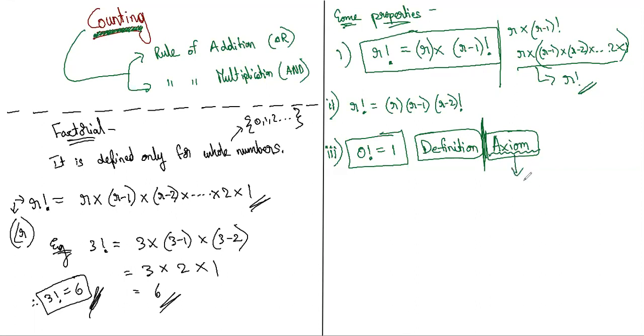What do you mean by axiom? Who knows what an axiom is? The definitions are statements which are believed to be true but they don't have any proof. It's not that they're believed to be true. They are true. They can be proved. True only. Yes, sir, they are true.